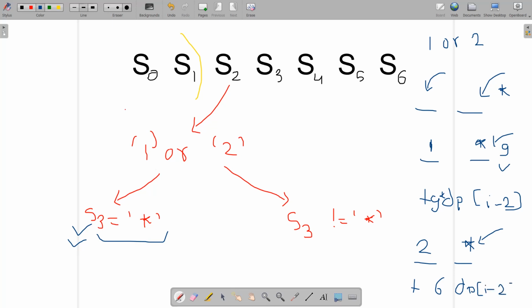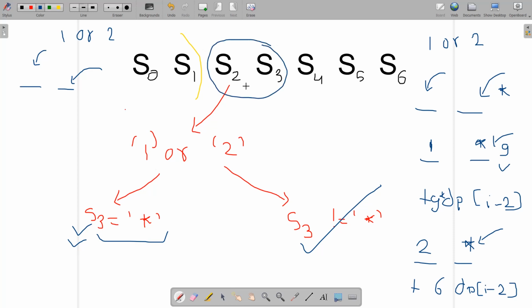Okay, now consider one more thing. So this is going to be ended. Now I am talking about this one. S3 is not equal to star. When S3 is not equal to star, it means that there exists some character, and also you need to talk about there is either 1 or 2. So there exists also some character, and the partition is over here. So it means that you need to grasp all the characters like S2 and S3 as common. Okay, so you need to grasp this as common.